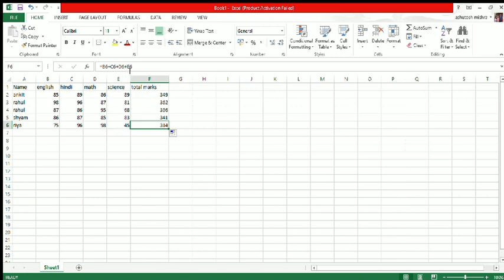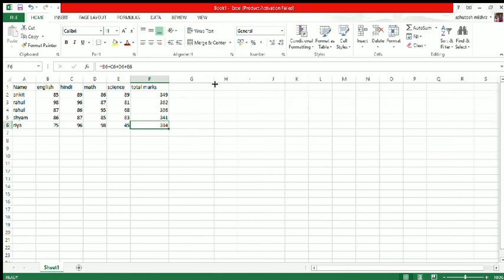That is the use of relative reference. Now I'm going to explain the use of absolute reference. Look here, write percentage.